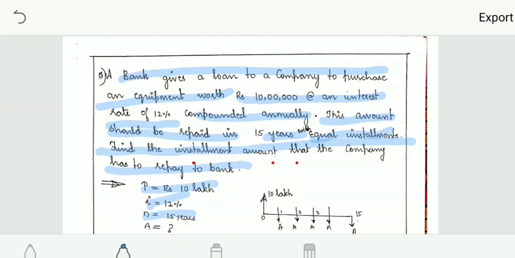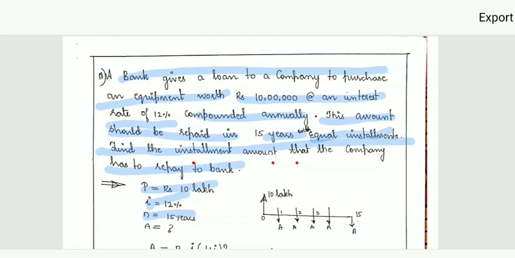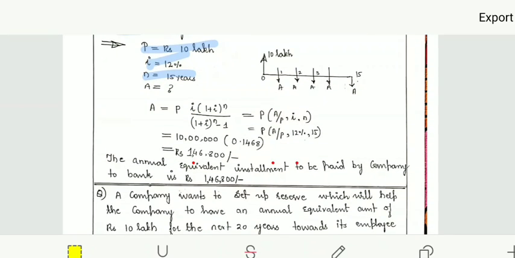Every year, how much you have to pay for 15 years with a certain rate of interest. So you can see the cash flow diagram here. I have told you the cash flow diagram has 1 to 2 marks in the problem for the exam. So don't forget to draw the cash flow diagram. Also, when you find out the answer, don't forget to write down the final statement of your answer.